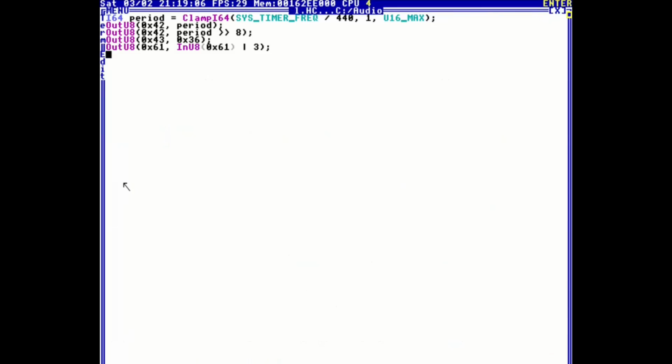And then if you want to, let's say we only want it to play for a specified duration, we would do sleep 1000, and then you want to turn the PC speaker off. And to do that, you type in something very similar. Here, actually, I'll show you a quick thing because it's not too difficult. You can just copy and